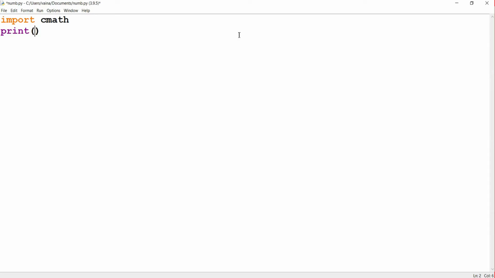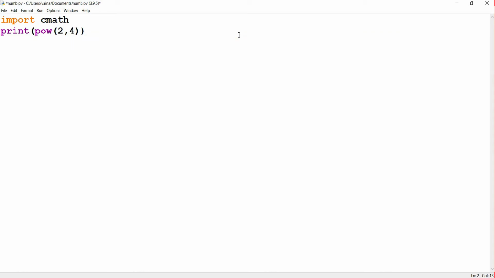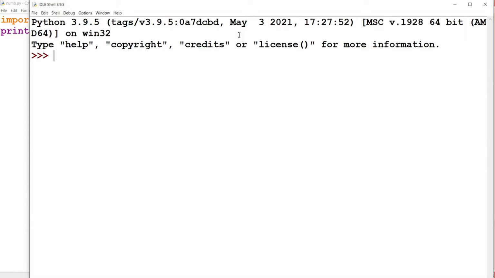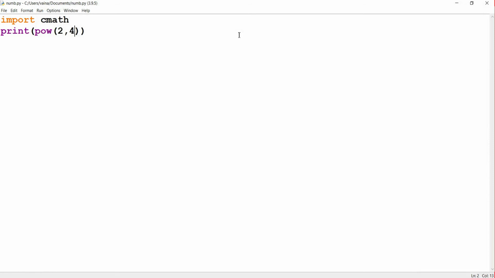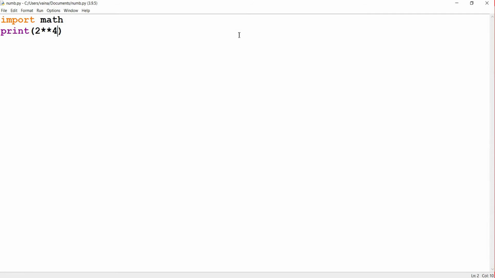We can also use power with pow. By passing the arguments 2 comma 4, it means 2 power 4, and when we run it we get 16. But normally, without using the math module, we just use the double asterisk, which also gives the same output, 16.